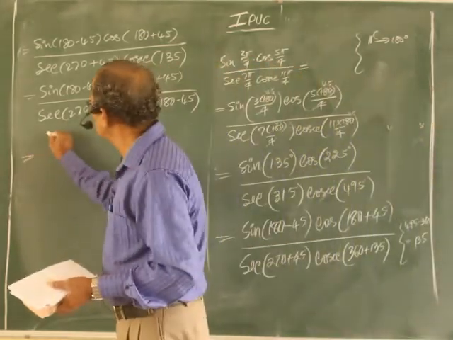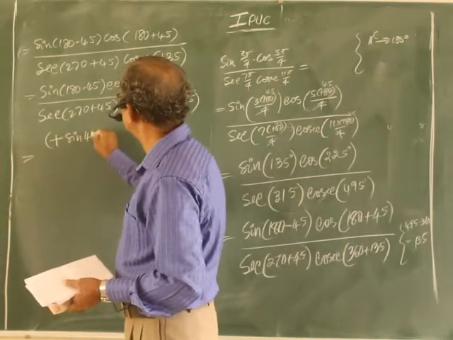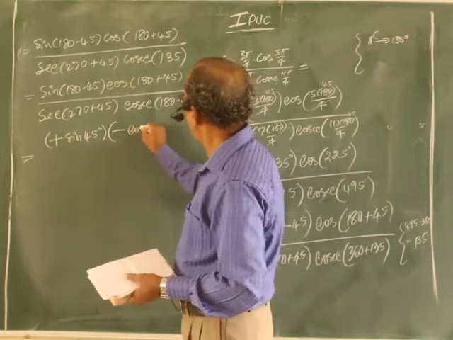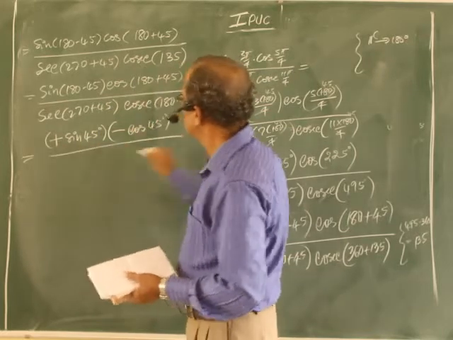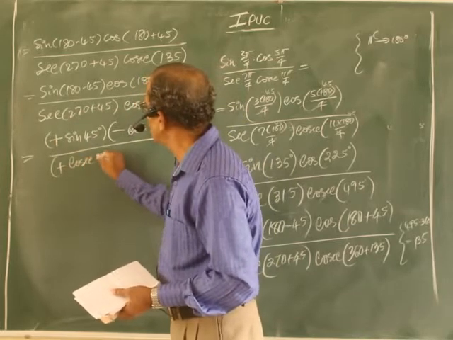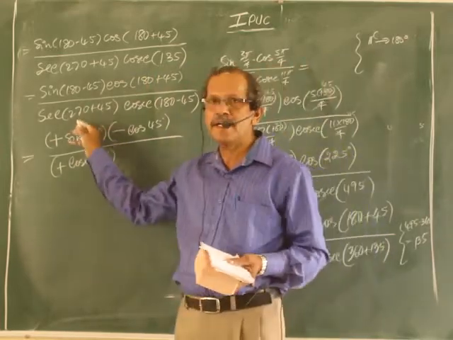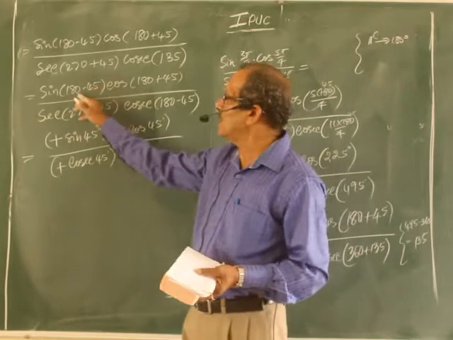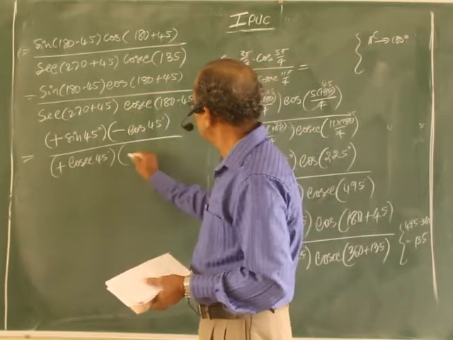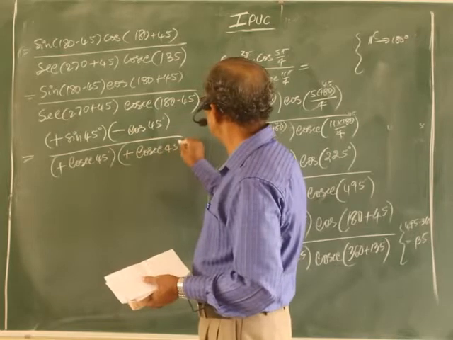Next, put the sign. Second quadrant, sin positive, sin remains same. Third quadrant, cos minus, cos remains same. Last quadrant, secant positive, secant changes to cosecant because it is 270. Whenever it is 270 or 90, you must change the function. If it is 180 or 360, don't change. Write the function as it is. Second quadrant cosecant positive, cosecant remains the same. Now fill up the values, that's all.